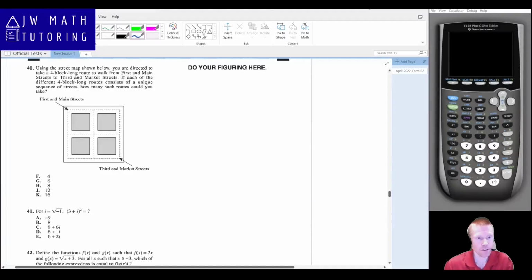At the top of the next page, problem number 40 is a little tricky one, but it's not too bad in that you just have to draw it all out and map out all the routes. So I'm just going to use different colors to trace out all the routes, and then we'll see how many total there are. If we start at the top and we go across all the way and then down,